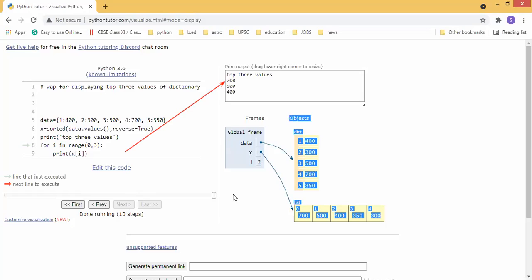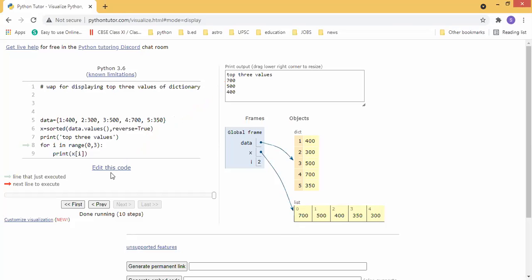So this is the solution. We have to decompose the program, that is, you have to split it. What is the idea? You should have some design. How to solve? Decomposing means we split a single program into sub programs, step by step. What is the first step? We need a descending order. Next we need to access the first three items. So step by step you need the solution. Students, understood, everyone?